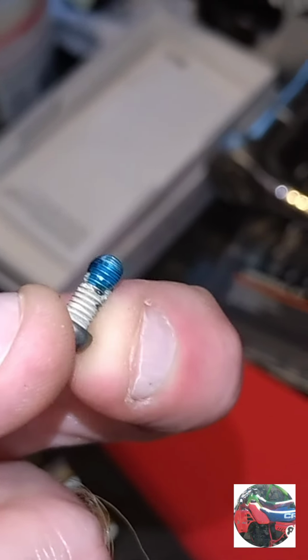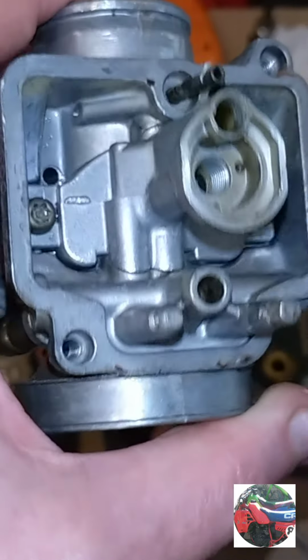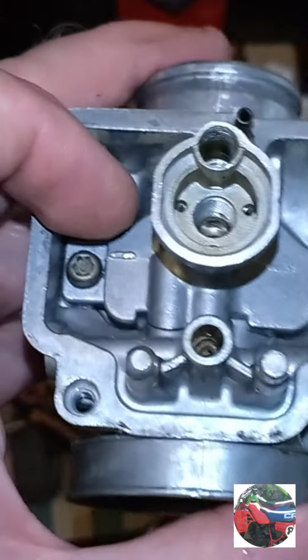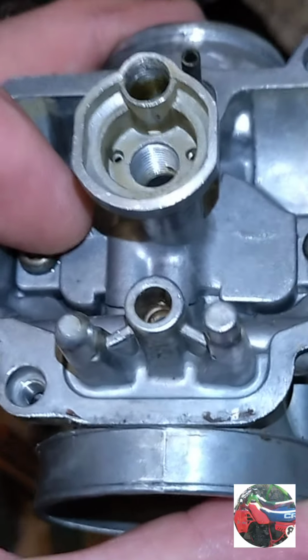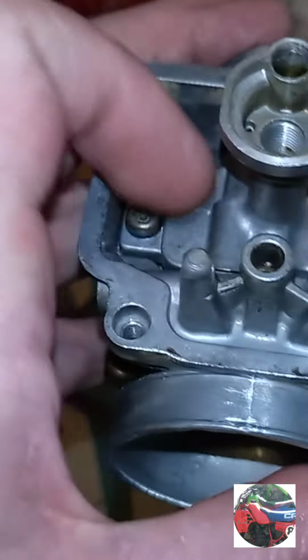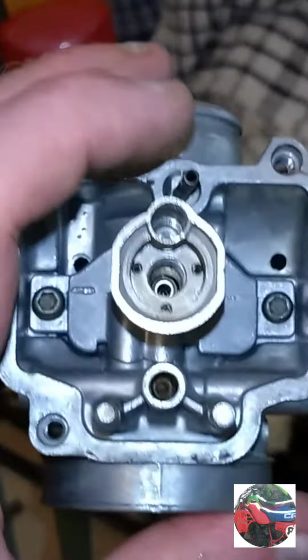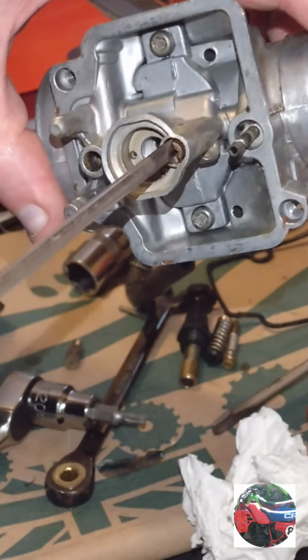So just put a little bit of blue Loctite on each screw. And that's the two screws in now with Loctite on, with this part on. Just remember, don't over tighten them screws, just nip them up because they're Loctited anyway, and all this is aluminium and you can easily strip the threads, but that's on anyway. So start getting the rest back on. Just screw the pilot jet in,